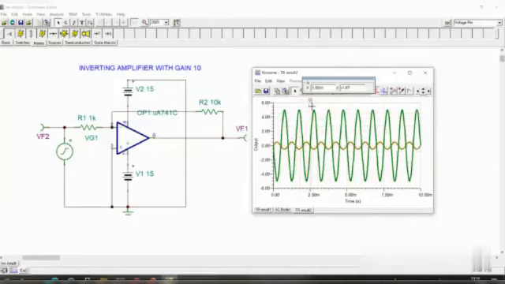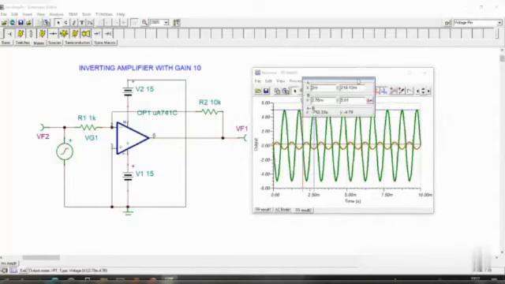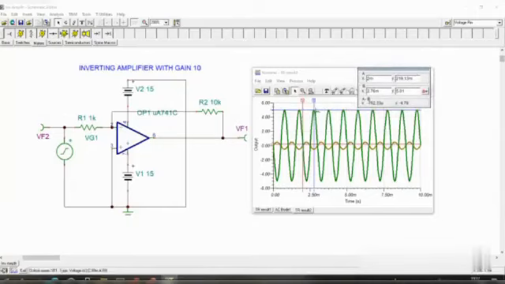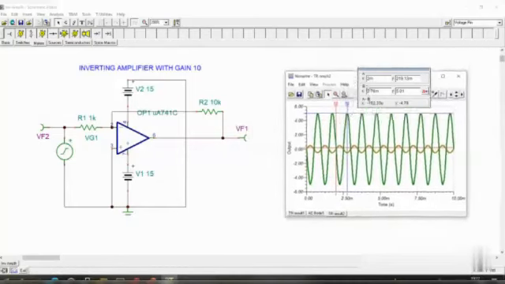Okay, if I am putting a cursor here for this analysis or for this input voltage, then I can put another cursor for the output voltage also. Then this is for the output voltage. If I click on here, it will show the output voltage. So here you can see that it is showing 5.01 or it is 5, almost 4.99 or 5. So this is the 5 volt. This is peak VP, and here you can see that this VP